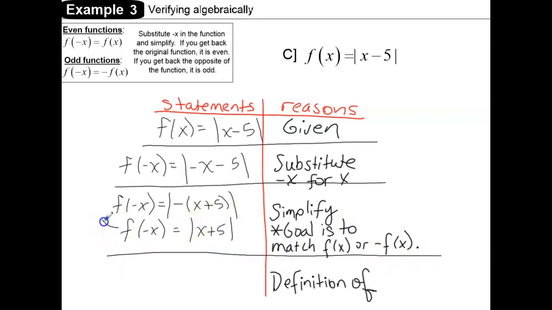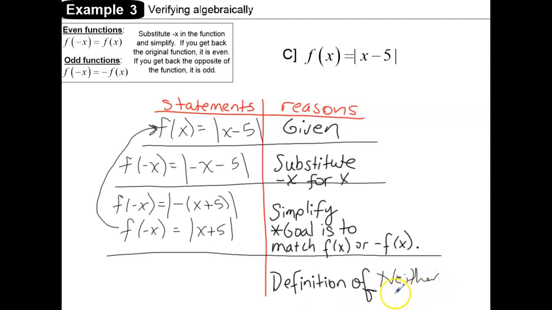So when I compare my f of negative x to the original function I started with, I've got the absolute value of x minus 5 inside there, or the absolute value of the quantity x plus 5. And those are not opposites, right? The definition for odd is negative f of x. If there was a way that I could have pulled that negative out front and kept the minus 5 inside, that would have been odd, but that's not what happened here. It's also not even, because for even functions, I put in a negative x, I get back what I started with exactly, and that didn't happen either. So this would be the definition of